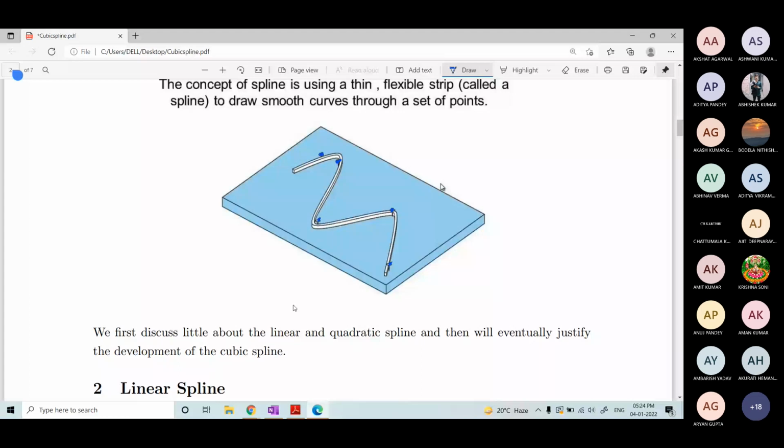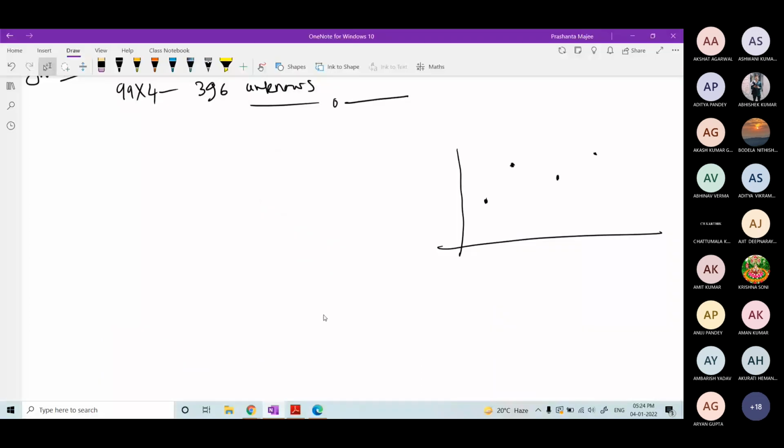If we join 2 consecutive data points by a straight line, we get a linear spline. So linear spline is very simple. You simply join 2 consecutive data points by a straight line. It will look something like this. We are not bothering about linear spline. If these are the data points and you want a linear spline, simply join 2 consecutive data points by a straight line. So this is the first part. The second part will be joining the next 2 data points, and the third part will be joining the last 2 data points. So this is the linear spline interpolating the 4 data points.